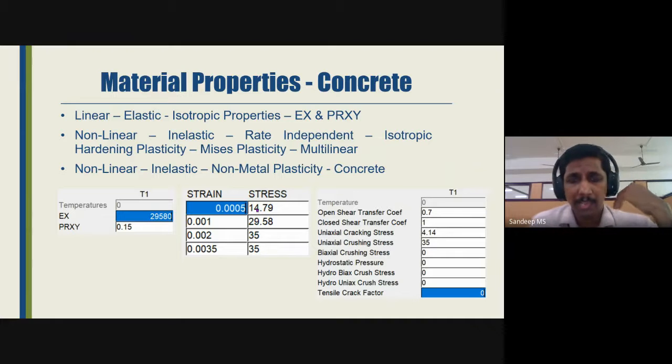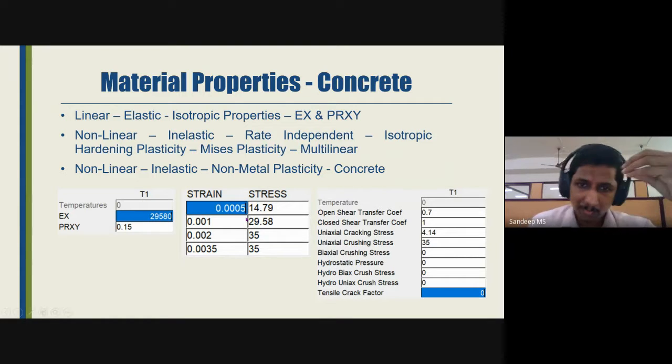One more thing is that when you give the values of the stress strain curve, you have to give only the important points. We have selected just 4 points in this particular analysis. We can include a lot of points, that is not a problem, but towards the end it will be very difficult for us to get convergence. If you go on increasing the stress strain points that you give, there can be problems with convergence. So we have to give the crucial points of the stress strain behavior of the concrete we will be using. So I have taken this many values.